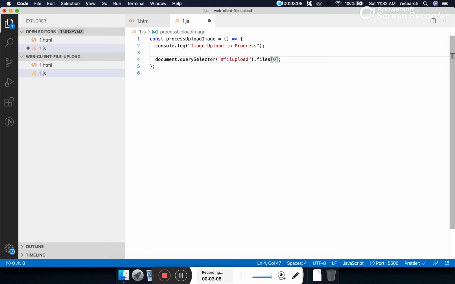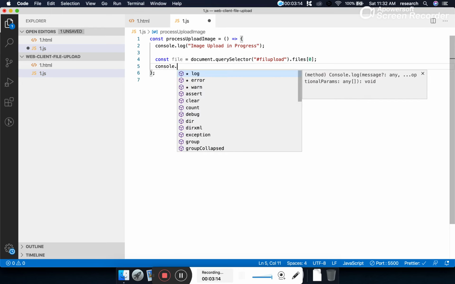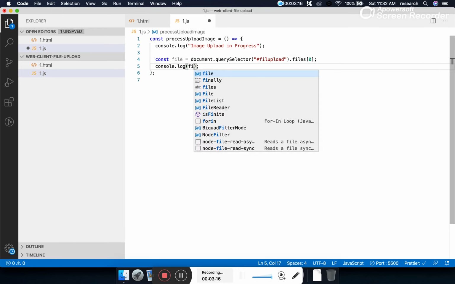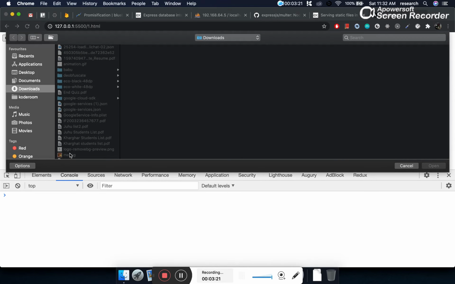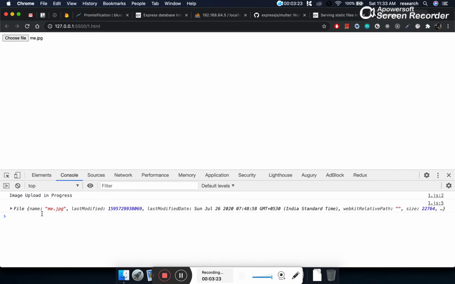Okay, and we are going to read the first file. We are only interested in one file. Let's print this value, file, just to have a look at what values are coming. Now you can see the file which has been selected by the user.